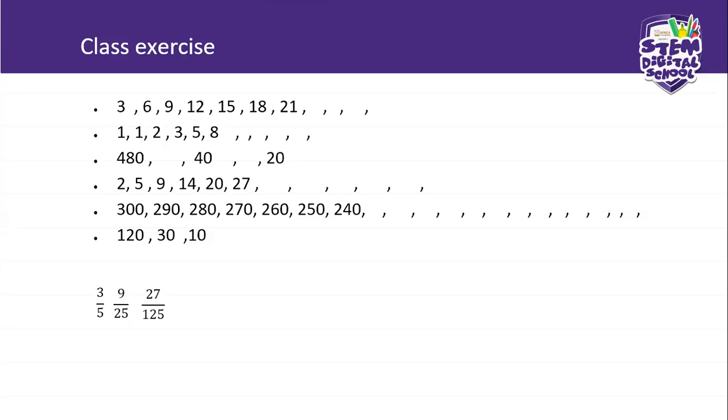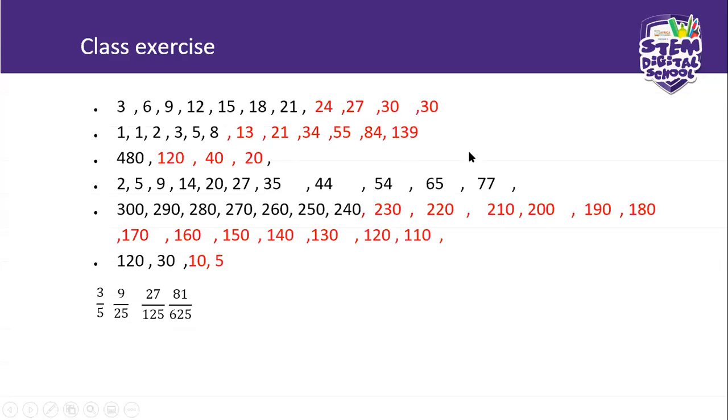Guys, here we go. Work with me. Here are the answers. I would have also liked if you guys could have tried the growing patterns, where you say 480 divided by 4, 20 divided by 3 gives me 40, divided by 2 gives me 20. I would have loved if you guys had tried those ones out.